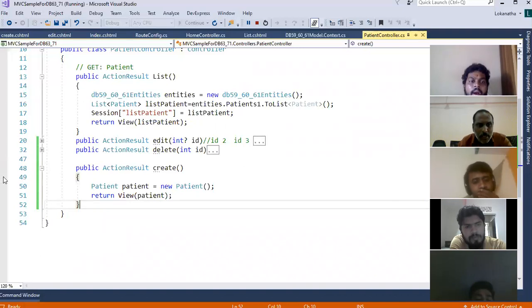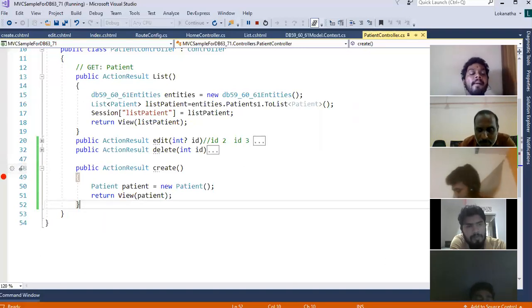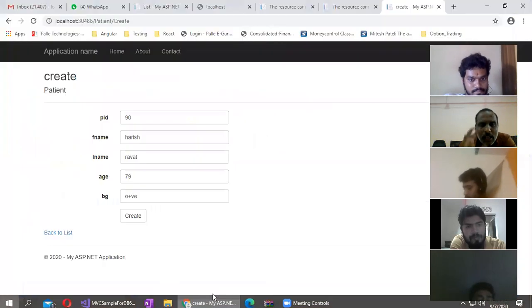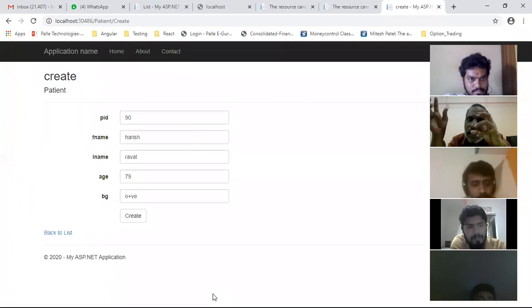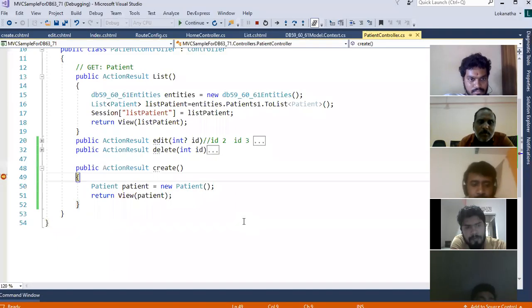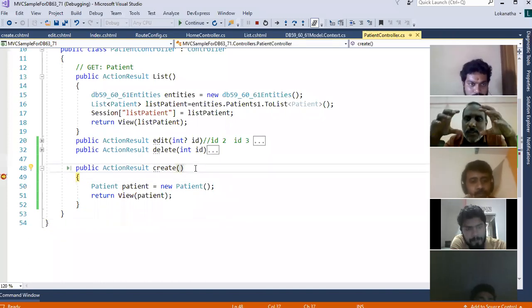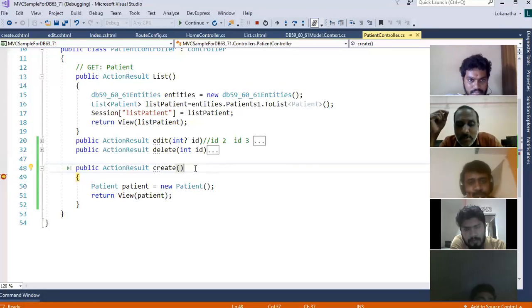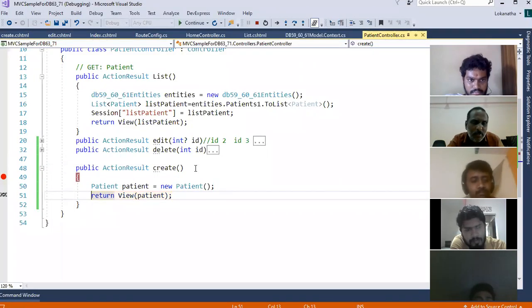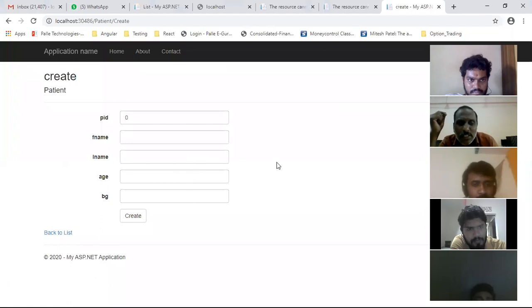Now you do any kind of post back operation. The call will come back to the same action method from which the view's output was sent. Now let me click on the create button. So once I click on the create button, again the same action method is executed. But there is no use of executing the same action method. Why is there no use? Because again it will create an empty patient object, and again it will send the empty patient view to the user. Again the user will see empty here. But what must actually happen?